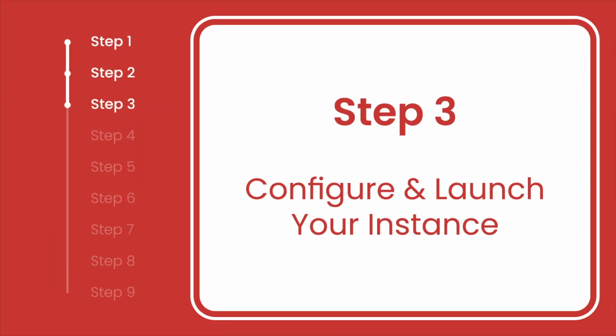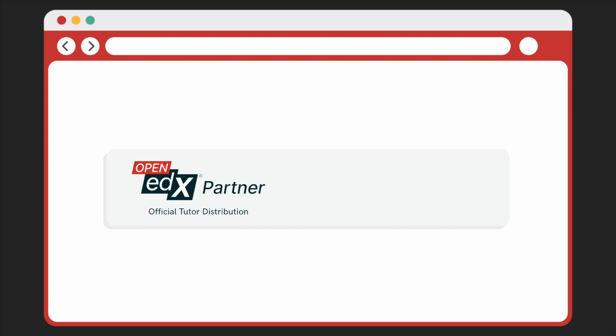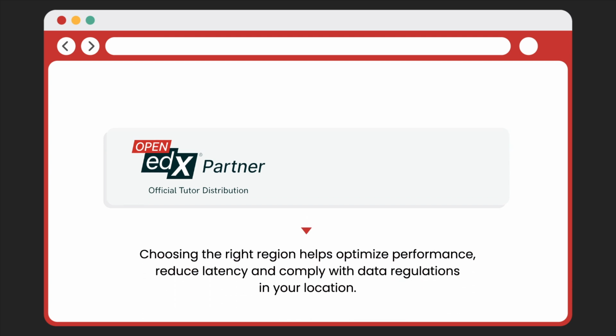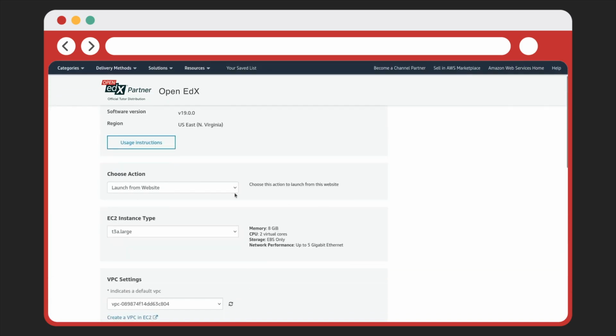Step 3. Configure and launch your instance. Now, click Continue to Configuration and select your preferred AWS region. Choosing the right region helps optimize performance, reduce latency, and comply with data regulations in your location. Click Continue to Launch. Here's the key setup. Choose Launch from the website. Pick the recommended instance type, that is,